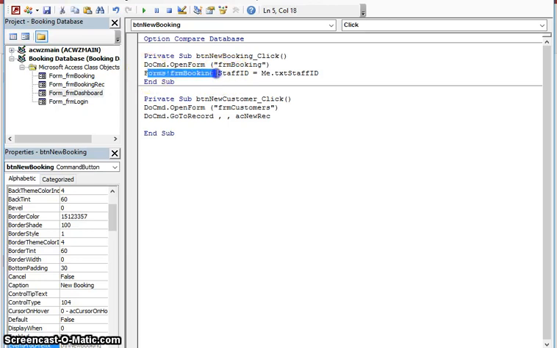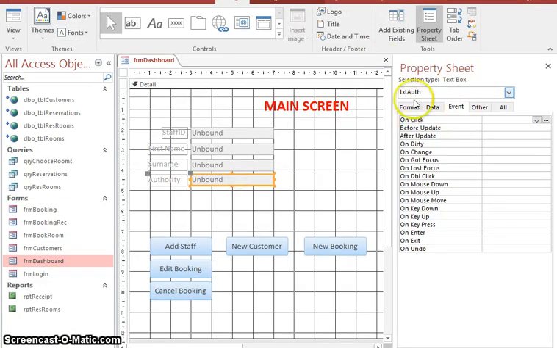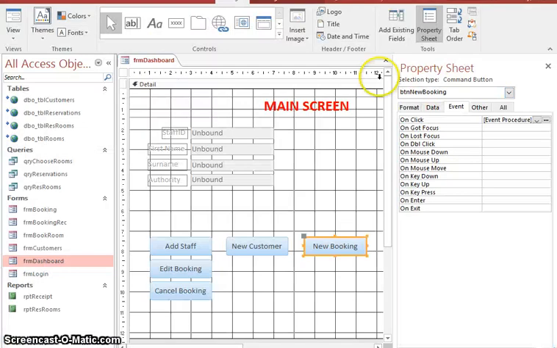So forms, the form booking and the text box staff ID will take the value of this staff ID, so it's easily carried across. If I look at this here, it's staff ID, txt staff ID, so me.txt staff ID will take that value and carry that across to the text box staff ID